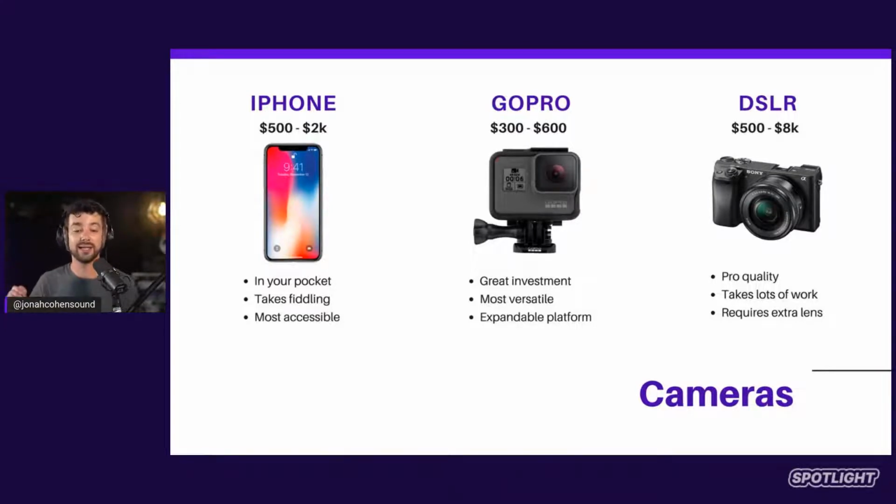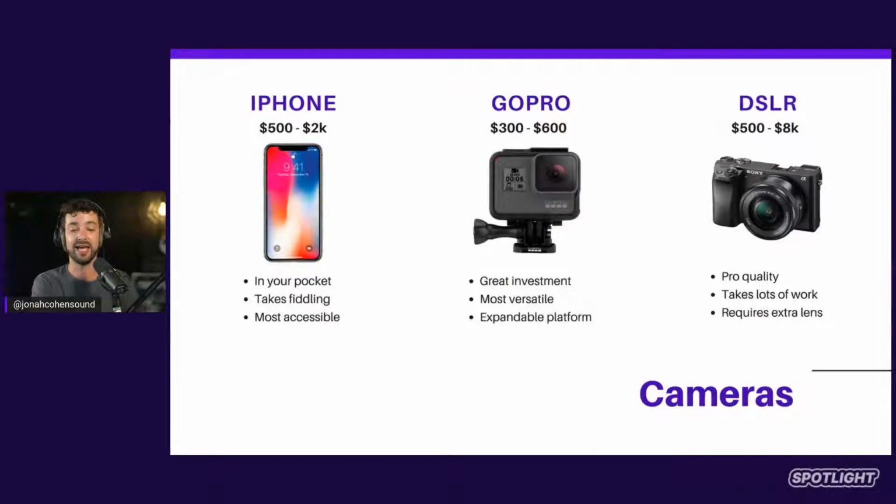And then once again, there are some upgrades down the line. A GoPro is a fantastic option, especially if you're going to just be making YouTube videos as well, or other things like that. They're high quality and you can plug them into your computer as your streaming camera. And if you go to the top level, you get a DSLR. That is where you're going to get this really nice effect like I have, where you have that blurred background. Although an iPhone 13 and above will also do that, so you may not even need a camera to do so.